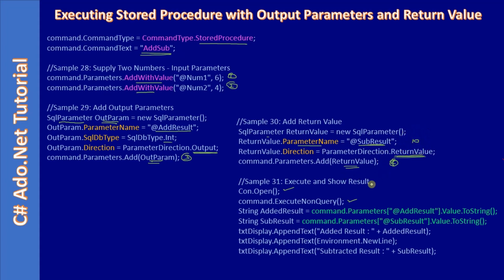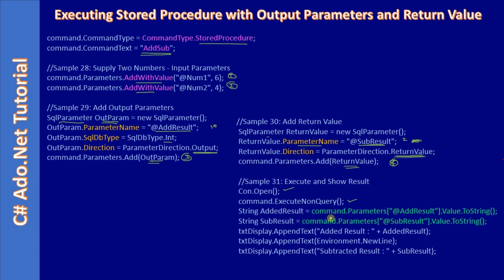Here is the output parameter, and this will hold the value of 10. Here we will be holding the value of 2, which is 6 minus 4, in the return value. So we executed the stored procedure, and to read these outgoing values, outgoing in the sense from the stored procedure,